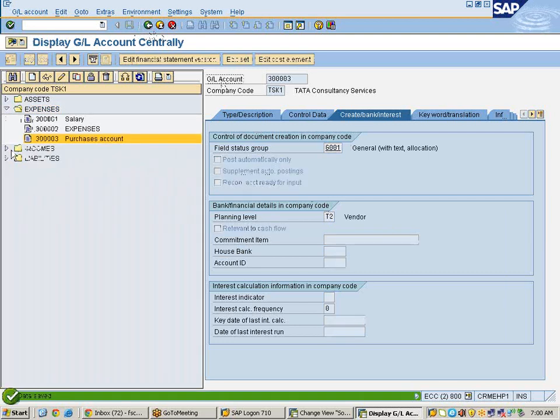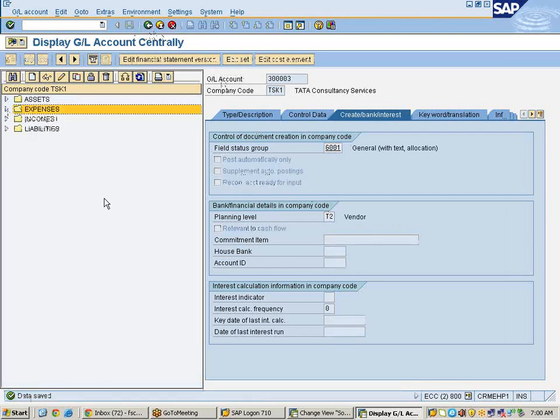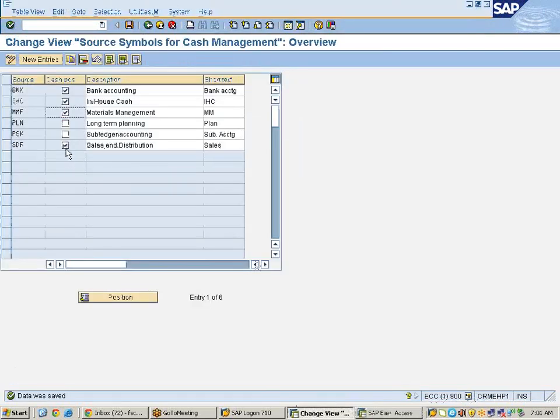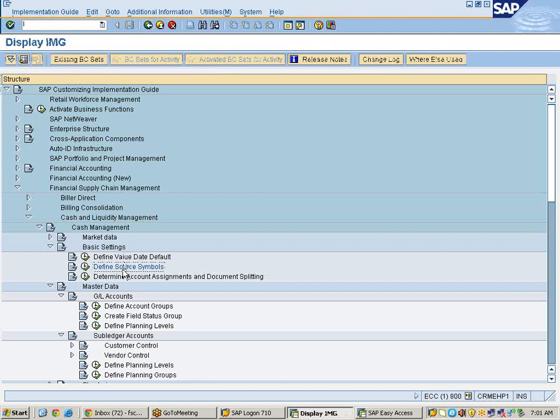Save it. Now, once this planning levels has been integrated to the appropriate GL accounts, whenever you post the transaction, it should be updated with the appropriate symbolic accounts in backend application. So we need to uncheck this cash positions, save it. To avoid that error, we need to update it. This is not actually true. You should not select it.